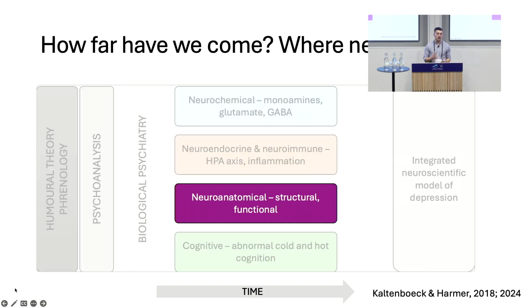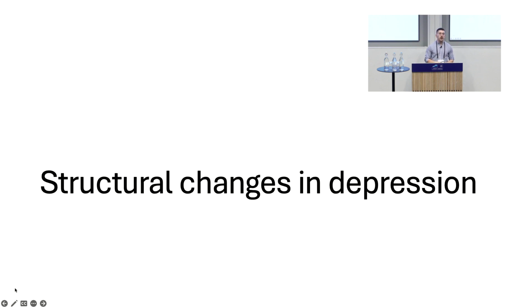In this talk, I'm going to focus predominantly on the neuroanatomical level of analysis. We know that there are structural and functional abnormalities in the brains of people with depression and major depressive disorders, and I'm going to turn to structural abnormalities first, and then review some of the more consistent functional findings. So structural abnormalities in the brain have been found in both grey and white matter, and in this talk, because